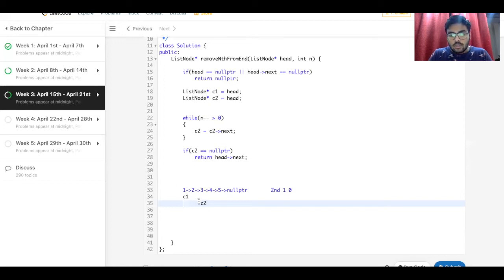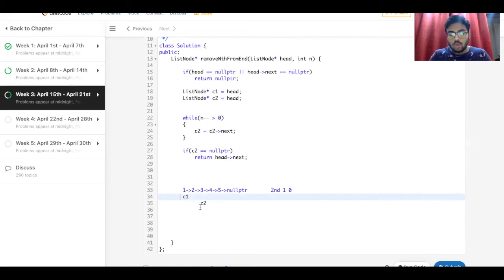All right, so we need to move the C2 pointer till the time its next is null pointer. That is, we need to move C2 till the end of the linked list, and we have to move the C1 pointer along with it.